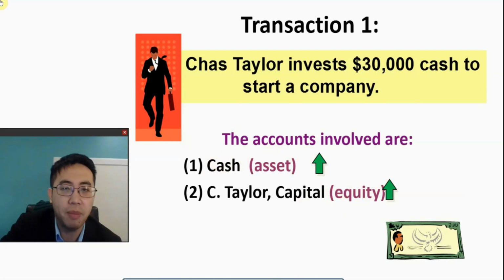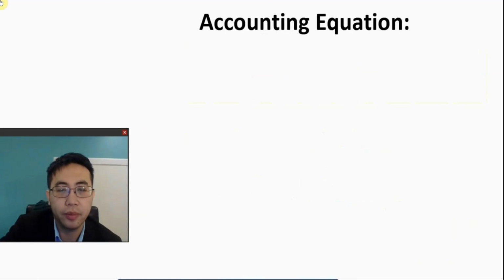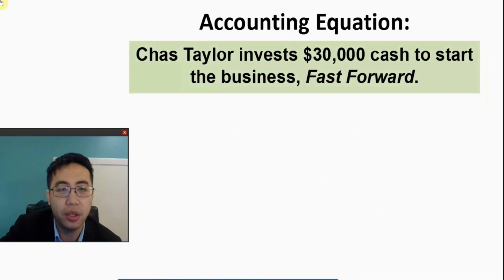And for each of these events that happens, there have to be two items affected. In this transaction, one item is cash, and another item is owner's capital or equity. So in the accounting equation,